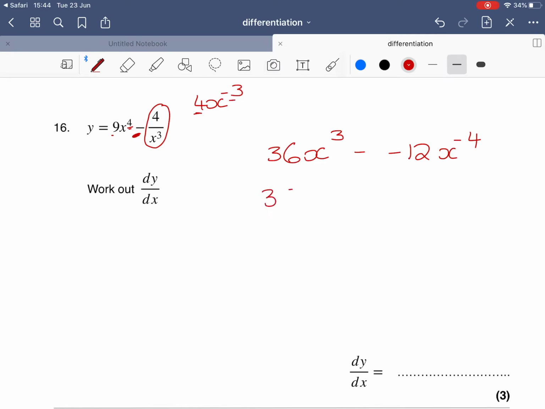So this is 36x cubed. Minus a minus makes a plus. So I've got 12 over x to the